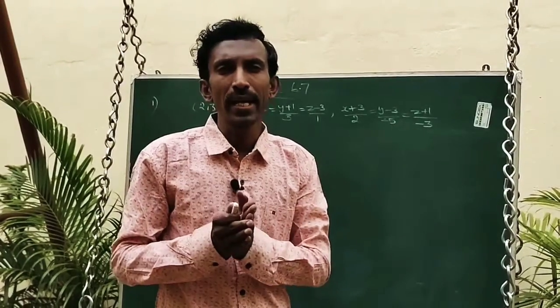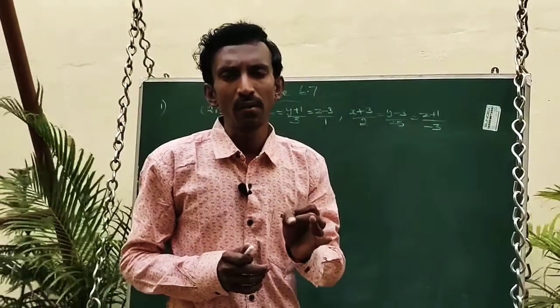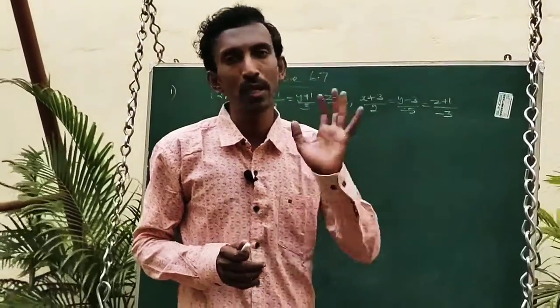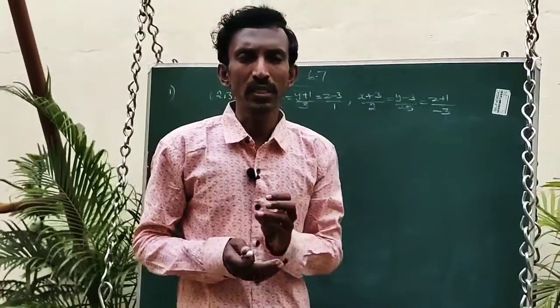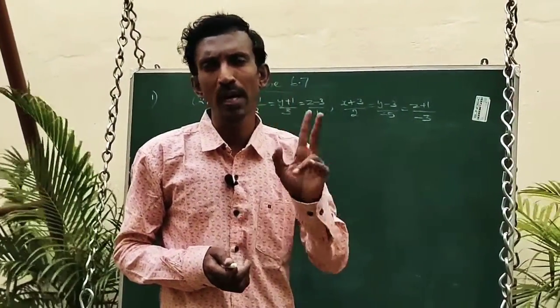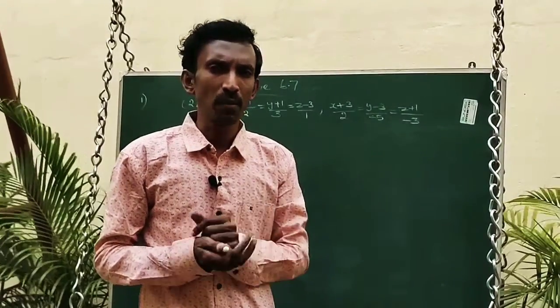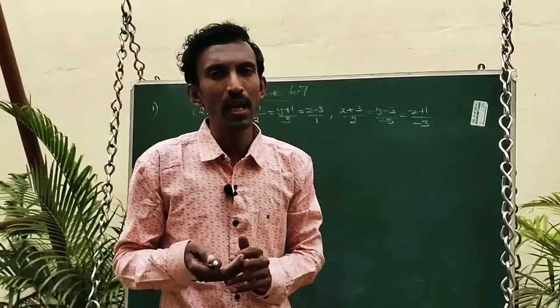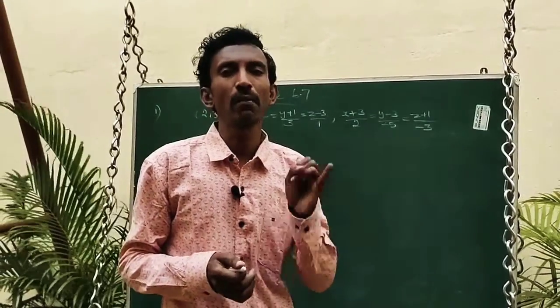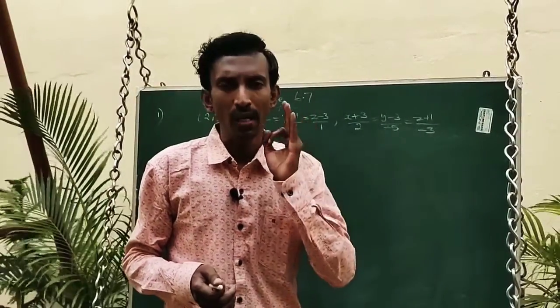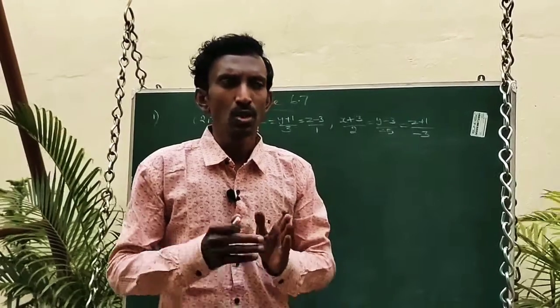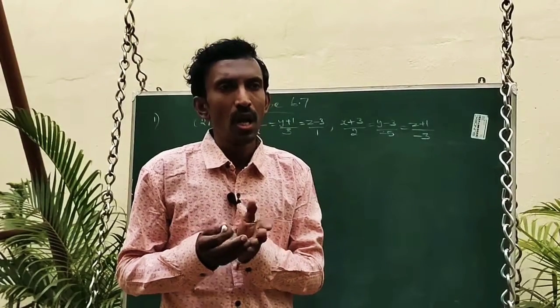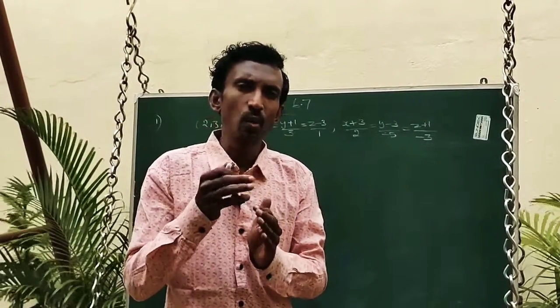So 3 categories: equation of the plane when 3 non-collinear points are given, equation of a plane when 1 point, 2 parallels are given, and equation of a plane where 2 points and 1 parallel is given. So once again recall the parametric vector form, non-parametric vector form and Cartesian equation of the plane. Among the 7 questions, we can divide them one by one.